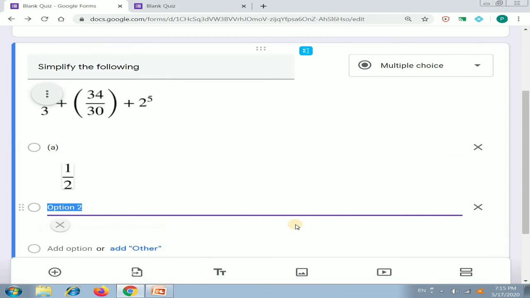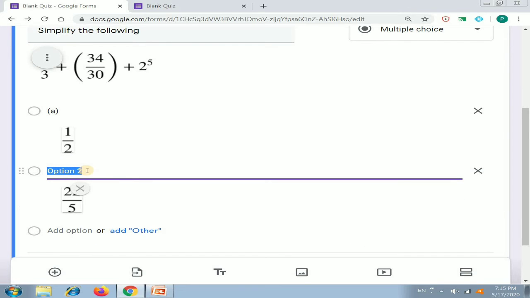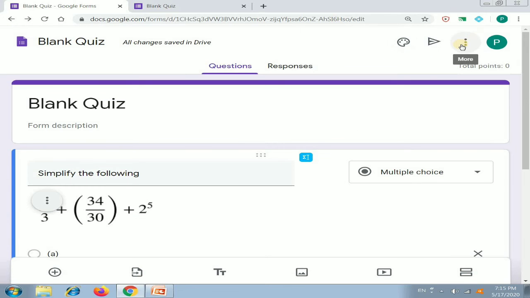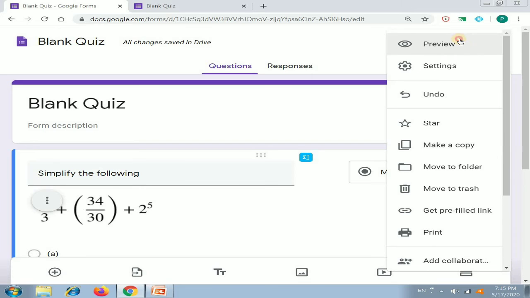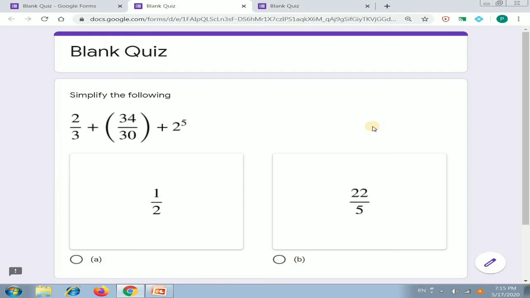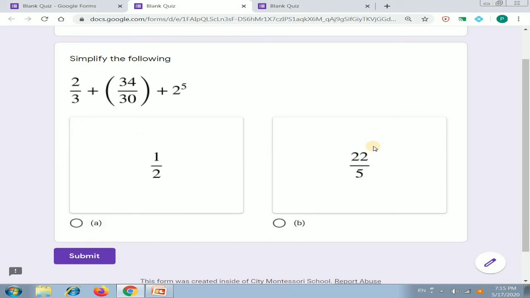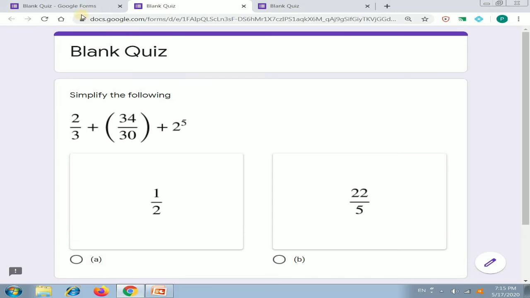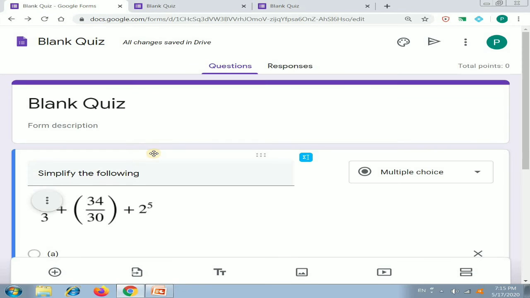Now we can write B. Now we'll see how it will look in the form. We can click preview. This is how it will look in the form. So the question is there, the options are there. Similarly, we can insert other options also.